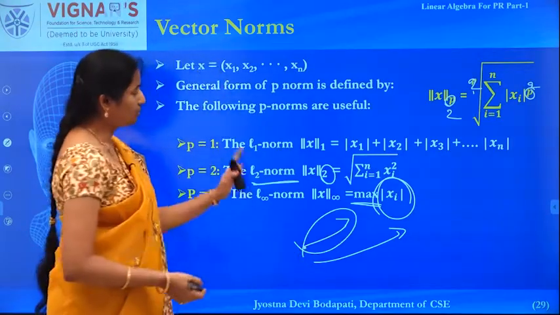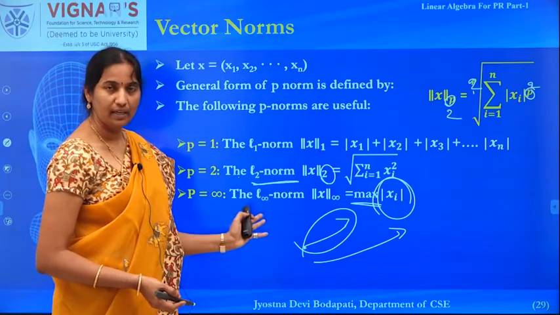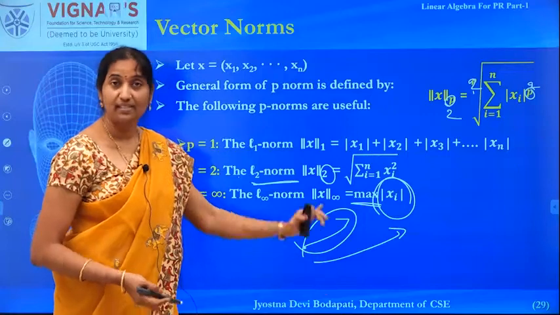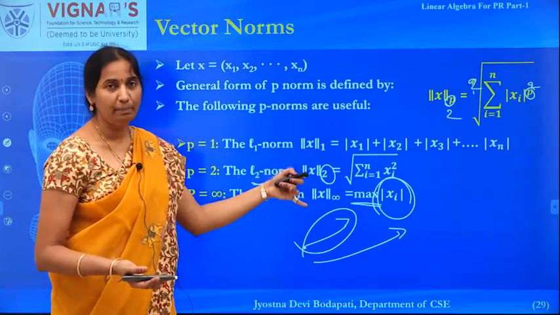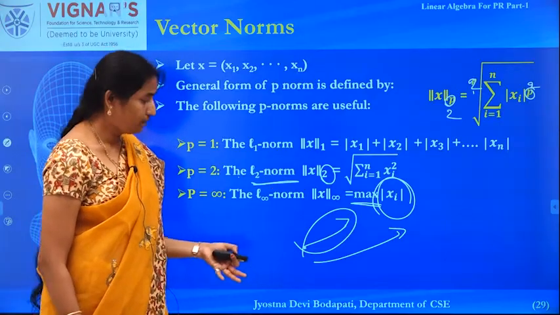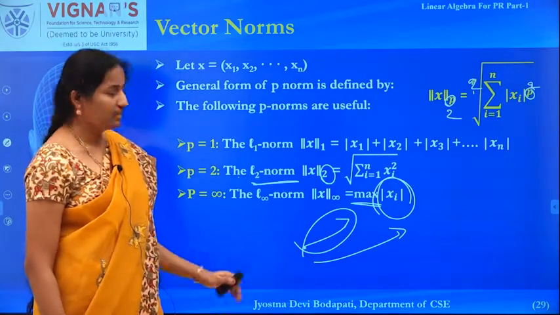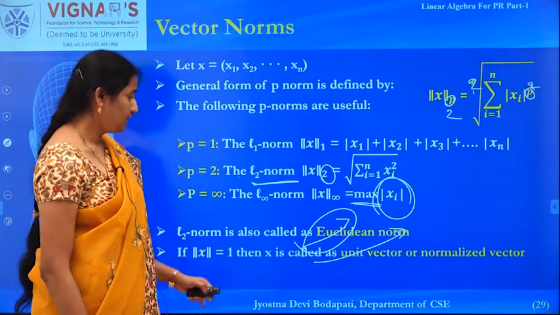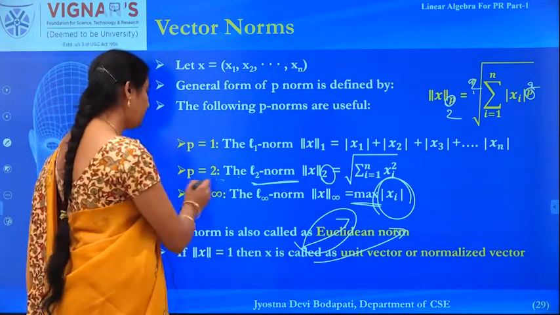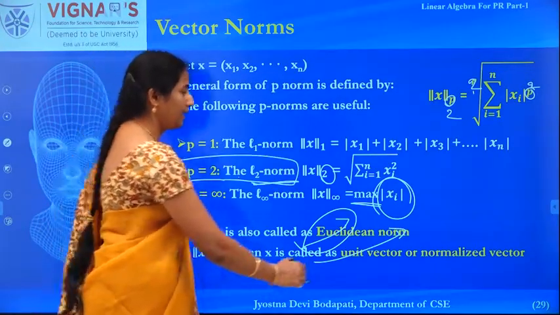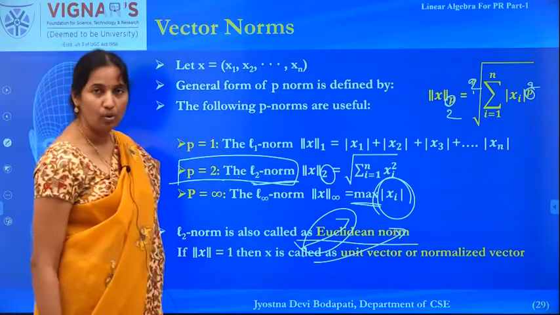You can either use the L1 norm or L2 norm or L infinity norm, or you can even extend this and represent the L3 norm, L4 norm, or to any p you can compute the p norms or the Lp norms. Considering one of these norms, you can compute your norms. And now consider the Euclidean norm. Whenever your p value is 2, we call that the L2 norm, and that can be called the Euclidean norm also.